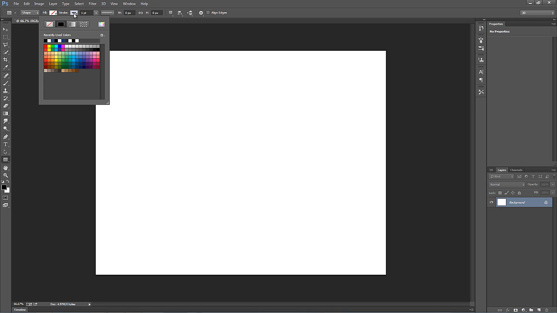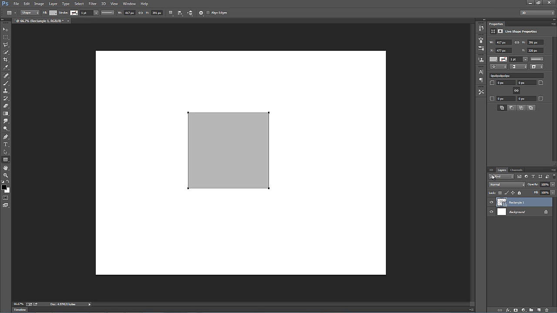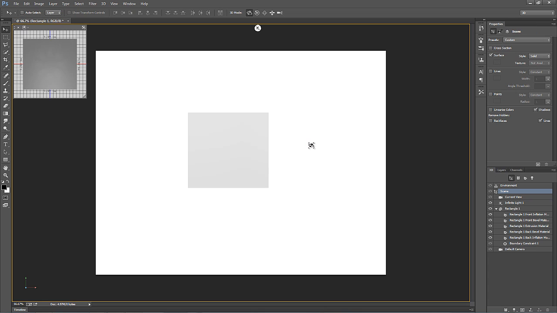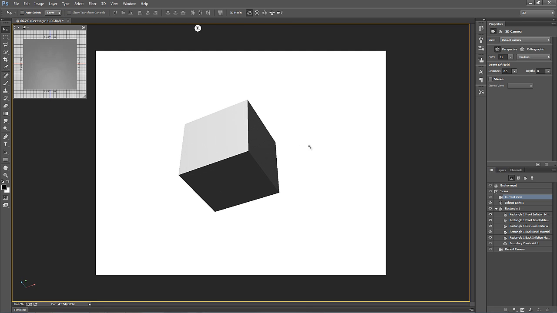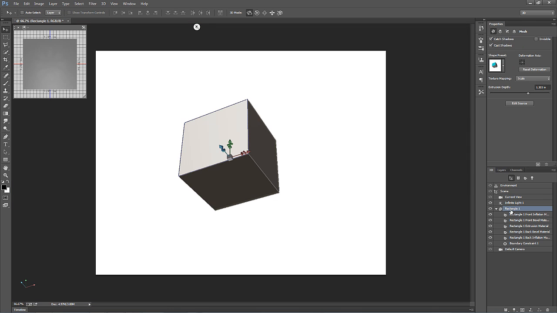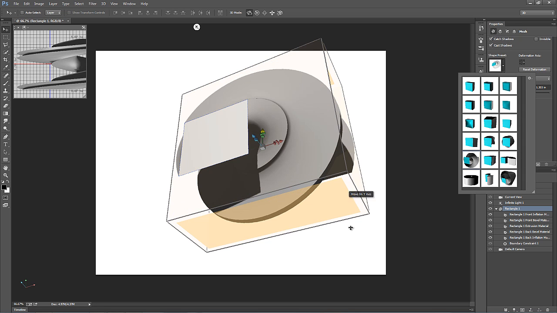I've got my rectangular shape tool selected, and I will just fill it with a standard gray. Now let's go to the 3D panel, 3D extrusion, hit create, and let's take a look at what's available to us. First, we'll move things around a little bit so you can see that, yes, indeed, that's a 3D cube. We extruded that square. Let's grab that rectangle and look at some of these shape presets. Now, we've explored a couple of these, but some of them are actually rather creative. Like if you look at the screw version here,